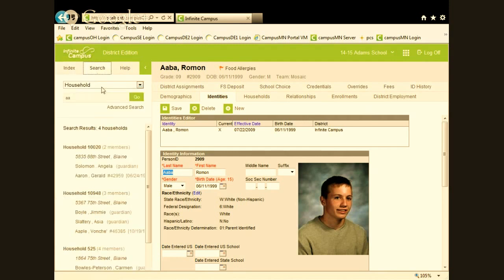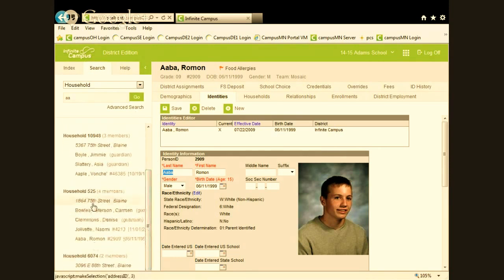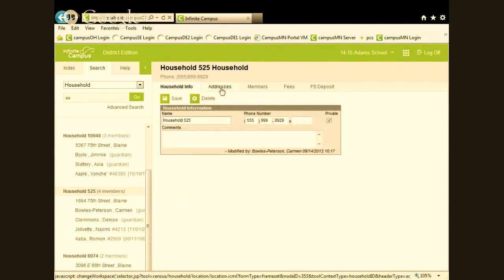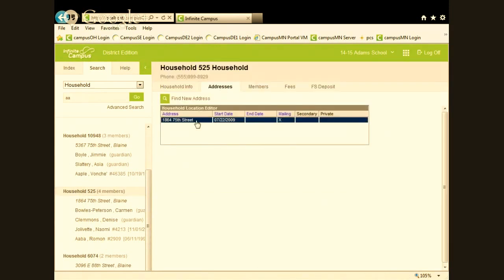So if I go to my search and I do a search on the household, and I just did it for my student here, here is the household. If he changes addresses, we're going to end date. I'm sorry, let me go to the household in the right way. We're going to do the address. We're going to end date the address and find the new address and tie it to the student. So now you can see the mobility of your families across time from your district perspective. So we don't just change it, we keep track of all the history. Okay, and I know that was some questions in your list that help keep track of that.